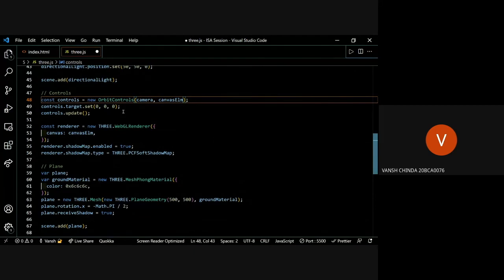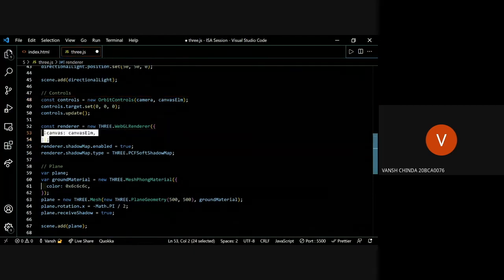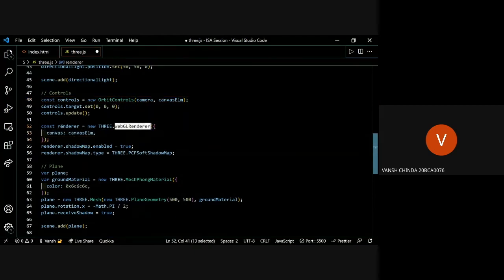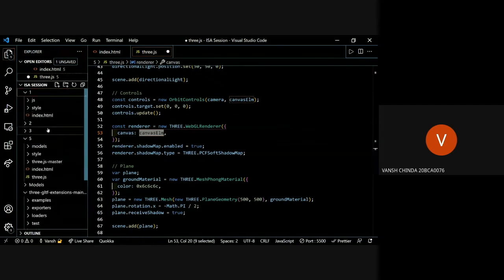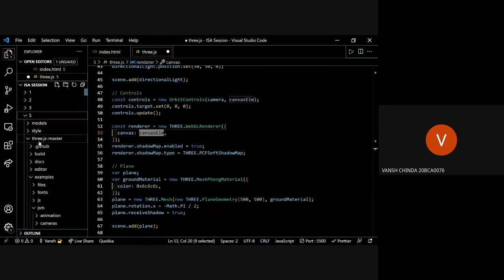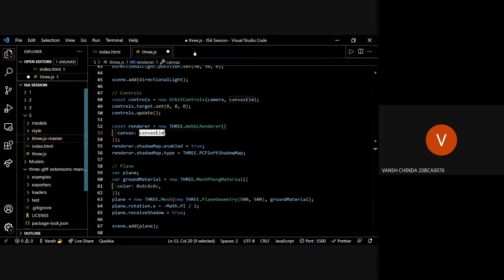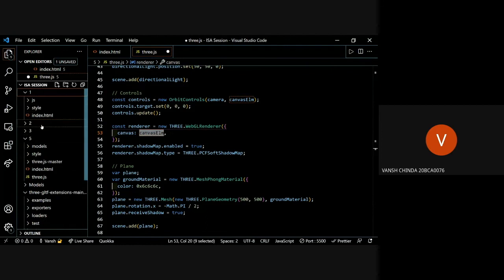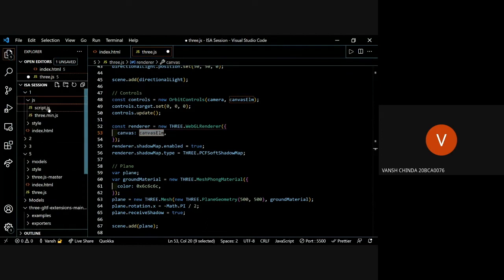Okay, so this is again the stuff we already did. Now we are again defining a renderer, but what's the difference? We are passing the canvas in. Let's see what we did in the last example and compare these two. Okay, so this was the file, I think. I opened the wrong file. Okay, so this is the current file and this is the last file.